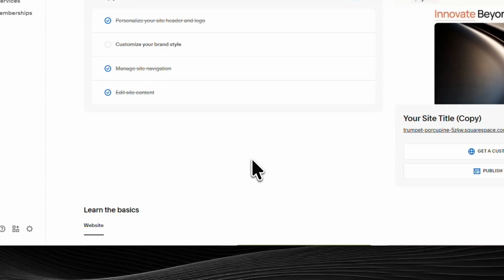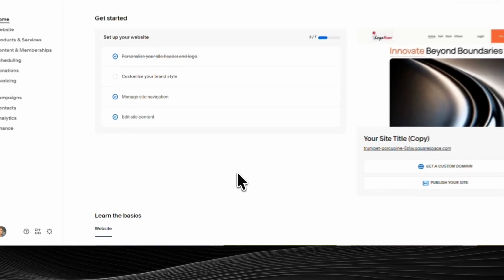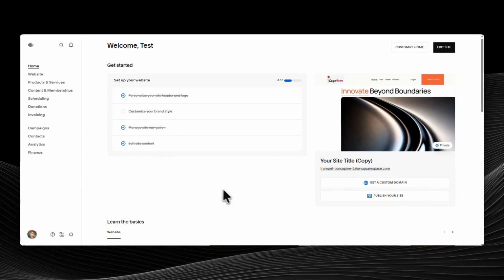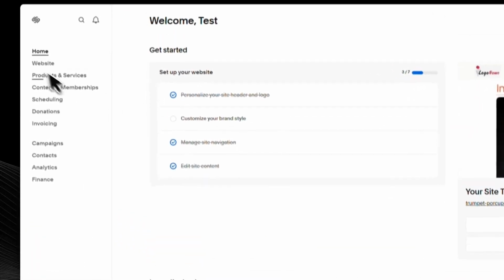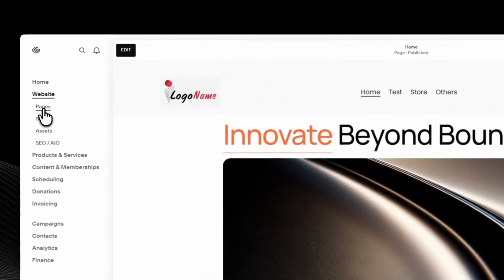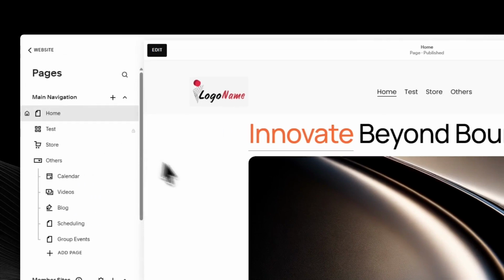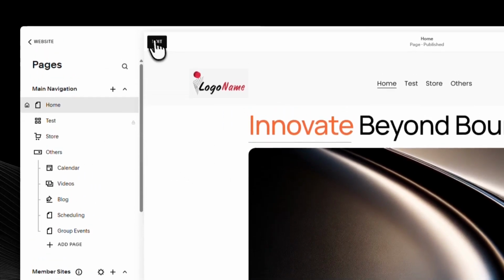In today's video, I'm going to teach you how to add a border to an image block in Squarespace. First, head into your Squarespace site. From the main navigation, click Website, then Pages, and open the page that already contains the image you want to frame. Once you're on that page, scroll to the exact image you plan to style so it's in view and